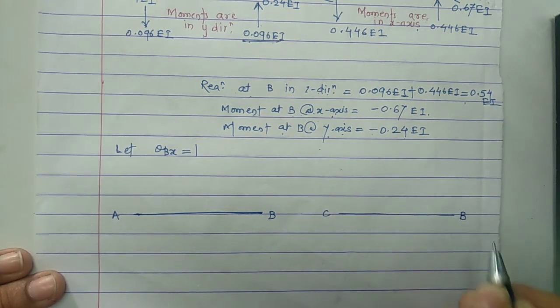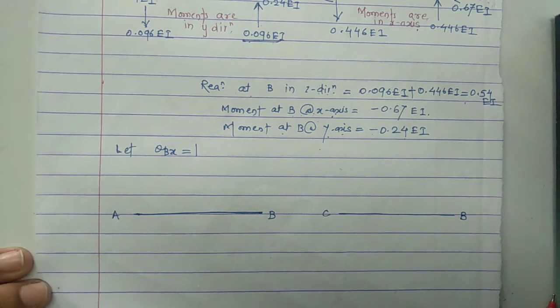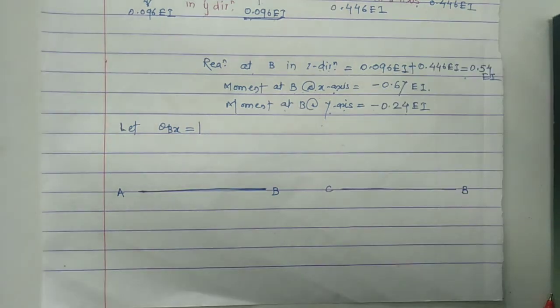That we have decided according to the direction of the observer. Now here in the grid structure, the twisting and bending occur simultaneously. Suppose member AB is twisting, so member BC will simultaneously bend. If member BC is twisting, in that case member AB will bend. So let us see how it happens.